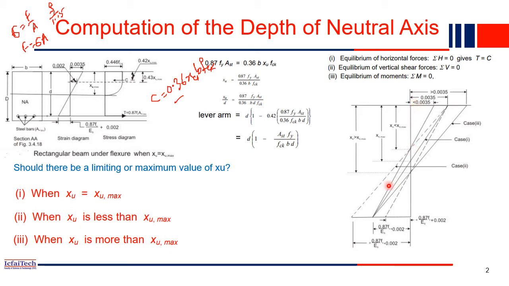Now, what if the steel fails? The steel bar, if it fails, then what will happen? Steel failure is not brittle failure. It is a ductile failure. Ductile failure means, if you recall the tension test of steel we performed, when you pull the steel bar, it will elongate. Initially it will elongate, and then if you keep increasing the load, it will collapse. So there will be sufficient elongation in the steel bar.